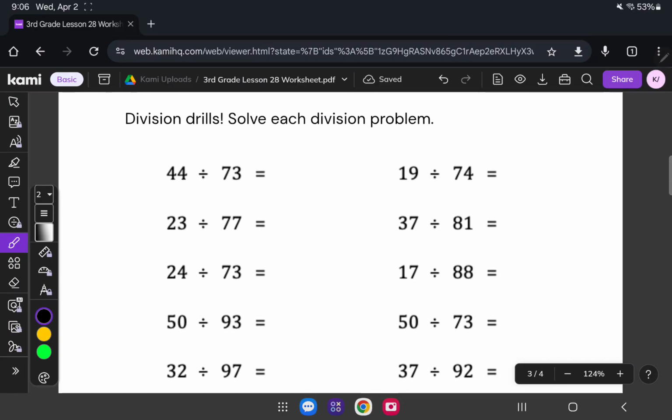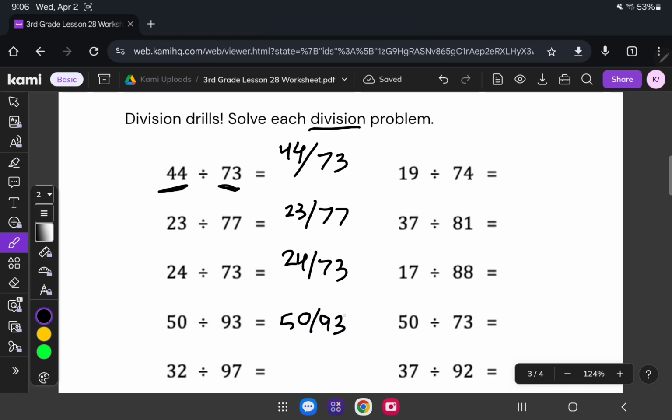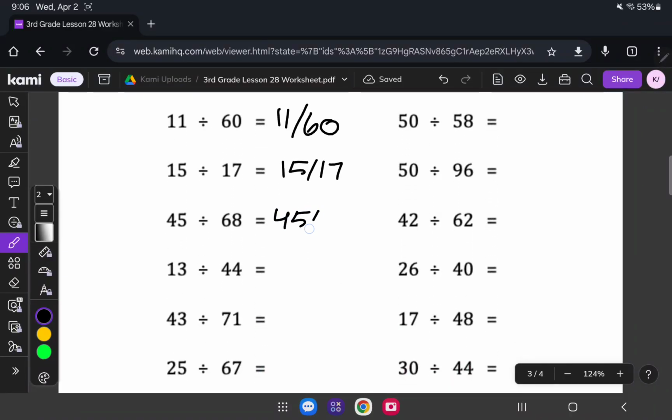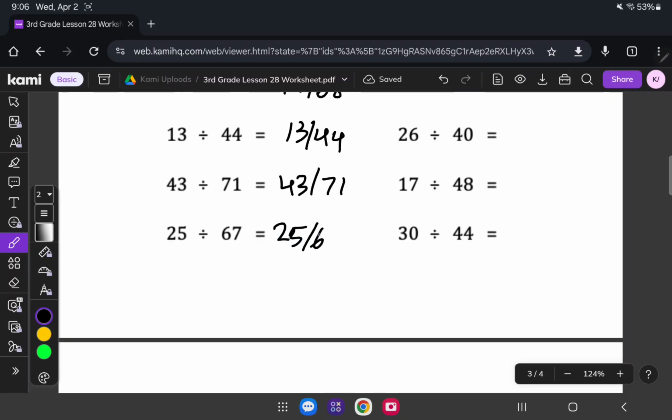Here we want to divide, but we see that the first number is smaller than the second number for all of these, if you notice. So we're just going to do 44 over 73, 23 over 77, 24 over 73, 50 over 93, 32 over 97, 11 over 60, 15 over 17, 45 over 68, 13 over 44, 43 over 71, 25 over 67,